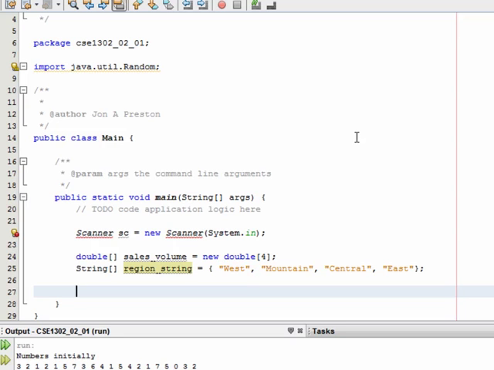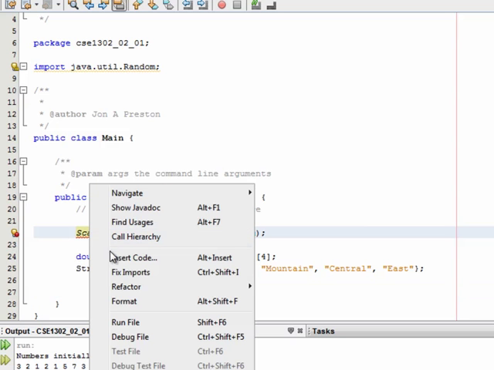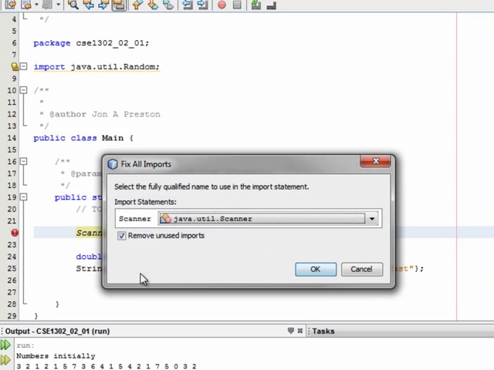Okay? And what I'd like to do then is repeatedly ask the user for some information and then fill in this sales information based on the region and the sale that they type in. Let's go ahead and resolve this scanner by right-clicking and saying Fix Imports, and we'll use the Java util scanner